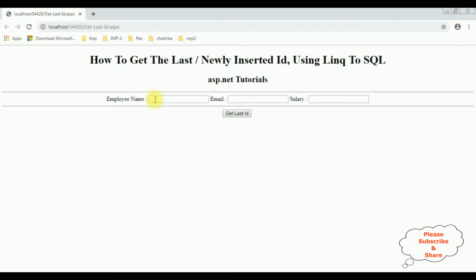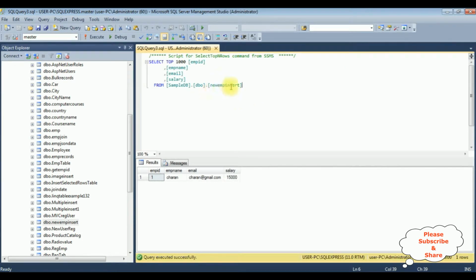Let's enter the new employee details. I'm entering James. The email ID is j@gmail.com and the salary is 1200. Now before inserting these records into a table, let's check this new EMP insert. I'm executing the table. Right now this table contains only one record and the EMP ID is 1. Now when I insert the new record, the James record, I want to get the employee ID 2 on the browser. Let's insert the record,